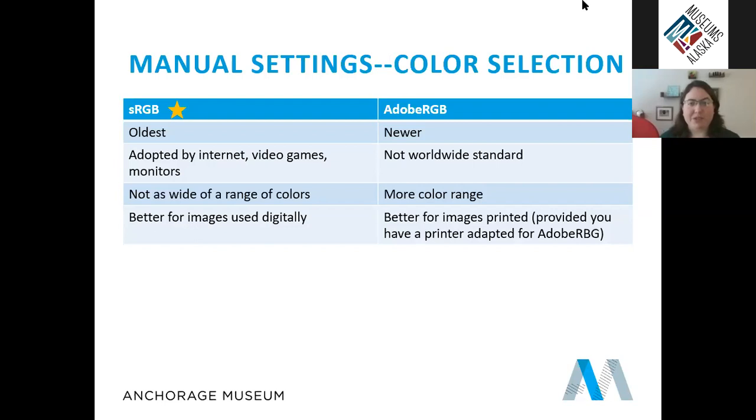Adobe RGB is newer, but it wasn't adopted as the international standard, but it does have a bigger color range. So from what I've read, it is better to use sRGB if you're going to be using images digitally, so on your database, on social media, things like that. But if you're printing out a lot of images for researchers or prints to be used for an exhibit or something like that,